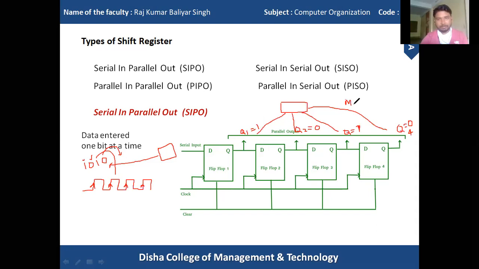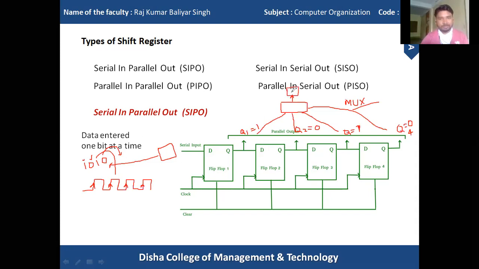A multiplexer topic is in our syllabus, we'll discuss it later on. In a MUX, if we have 2 to the n input lines, they can be converted into a single line. The MUX collects all 4 different output values from 4 different lines, and converts them to a single channel, then transfers it to the device.